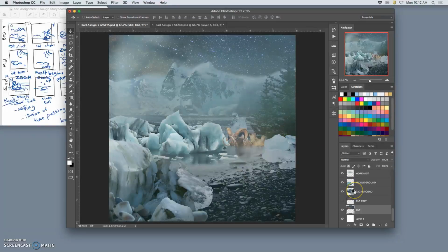Then I'm going to duplicate it, and let's make a group. This will be the sky cycle. You'll understand. And if you do a walk cycle, if you do a breathing cycle, if you do anything that's going to animate and repeat itself within your larger animation, you can build a folder for it, so you can just turn them on, one at a time, and it should loop with itself. So for my sky cycle,